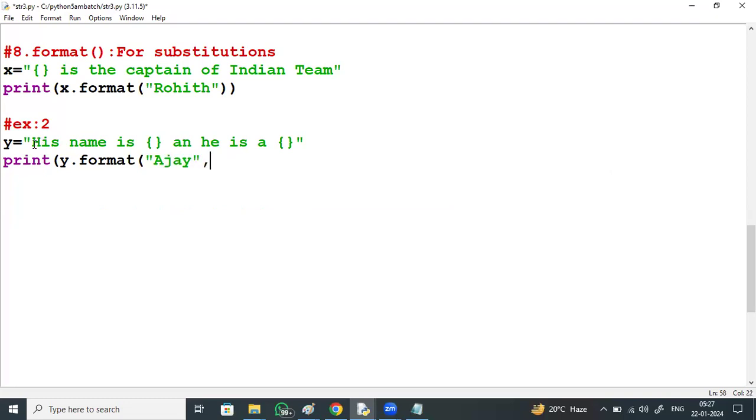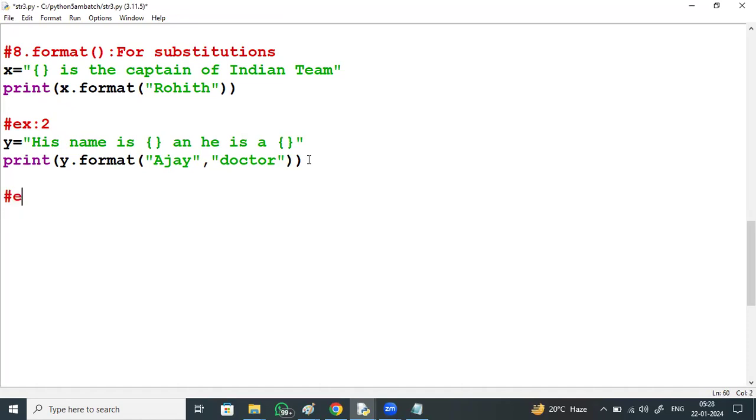And he is a doctor. In the first substitution, Ajay. In the second one, doctor. Why do we use the format method? The format method is used for substituting, like filling in the blanks.